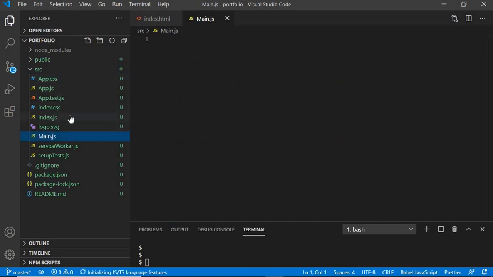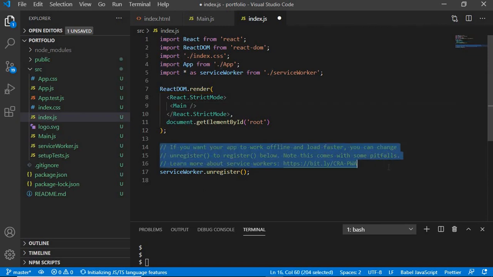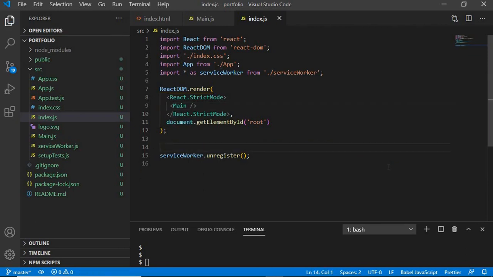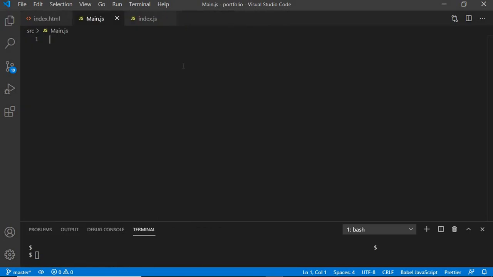And here let's go back to index.js, and here we will not be rendering app, we will be rendering main. That's the component that we'll be rendering. And we can actually remove this, but you don't have to, you can just let it be. Save that, and anything else we'll have to create the main component. So go ahead to your main.js that you just created, and right here let's start off by importing React